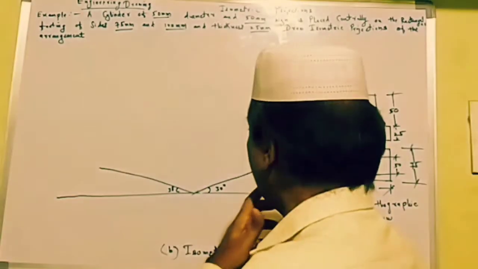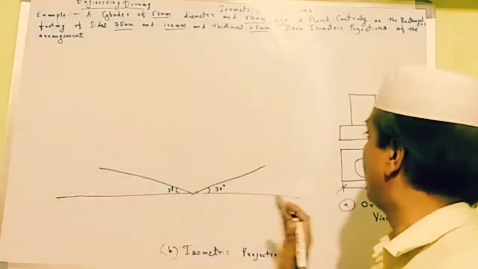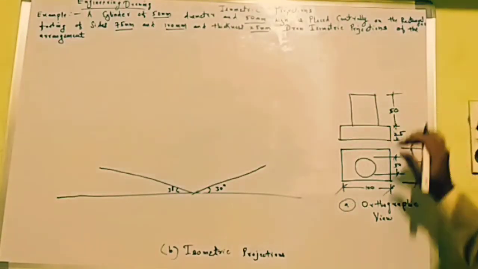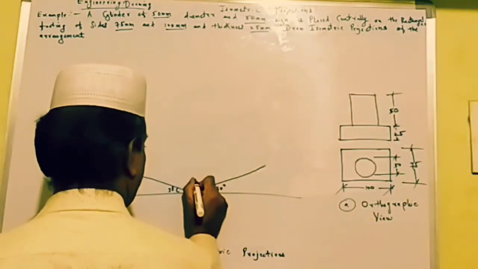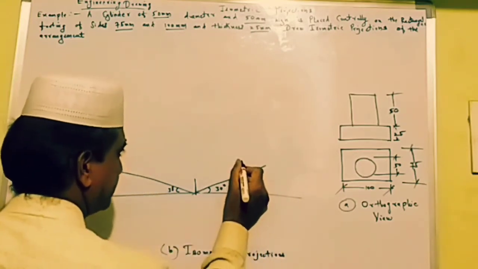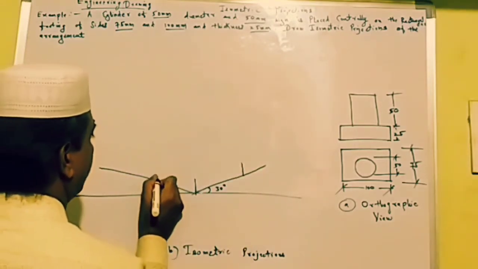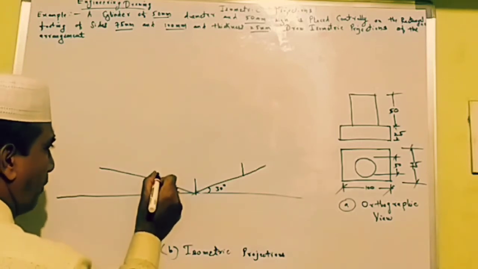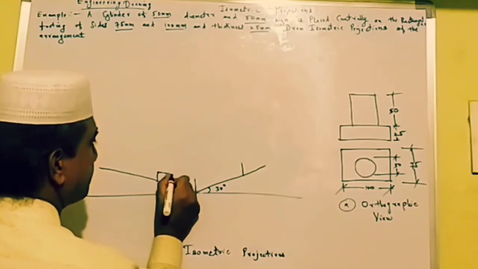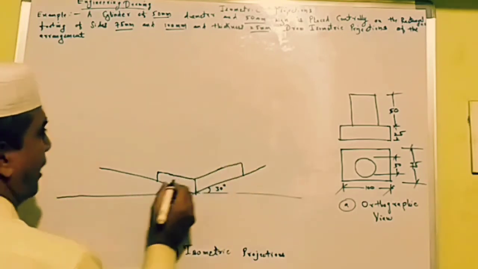Now first of all we shall fix the height or depth of the footing, which will be found in the front view. This is the depth of the footing. And 100 into 0.816. And this left side line is how much? 75 mm. 75 into 0.816. Now we have to join this.